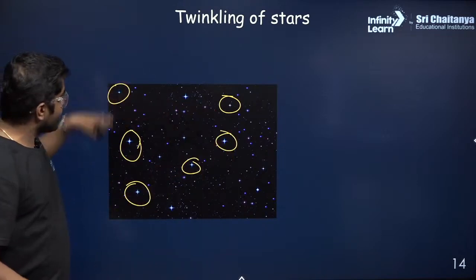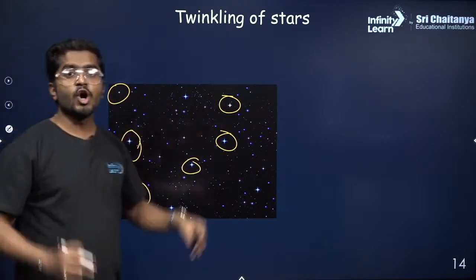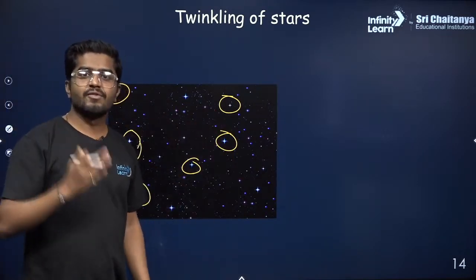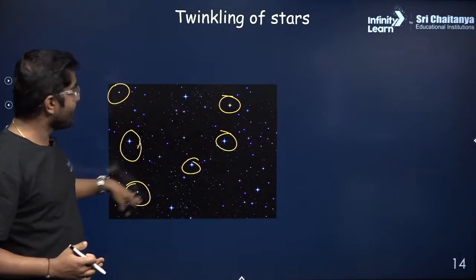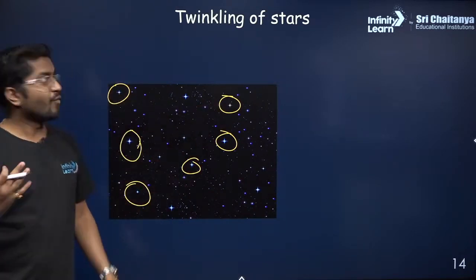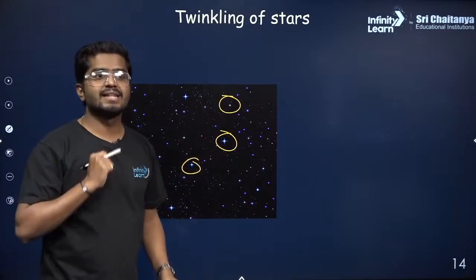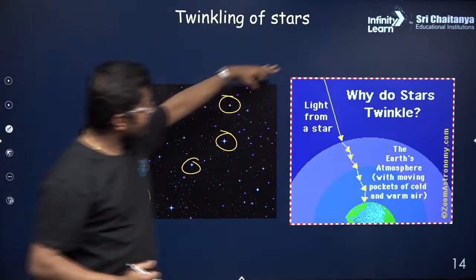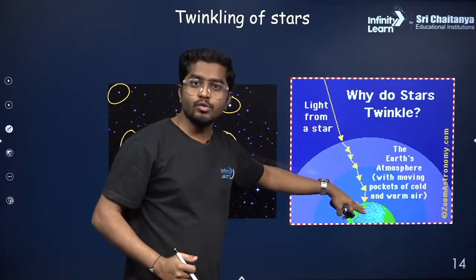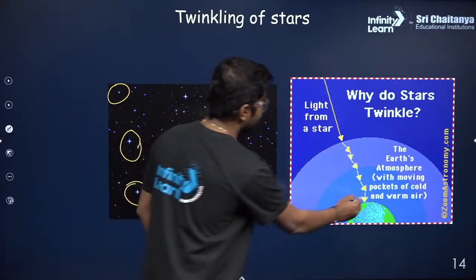Some of them are twinkling and some are not twinkling. So let's understand first the ones which are twinkling, why there is a twinkling of the stars. Let's understand this. So what happens when the light goes through the atmosphere? It passes through the